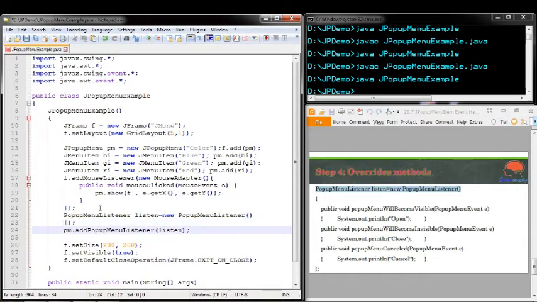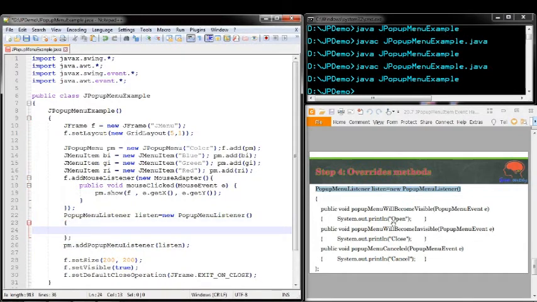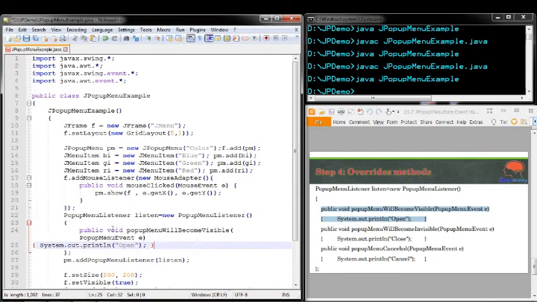Inside this, we are going to define all the methods. Public void popupMenuWillBecomeVisible, which receives a PopupMenuEvent e. Whenever it becomes visible, we are going to display open in the console window.